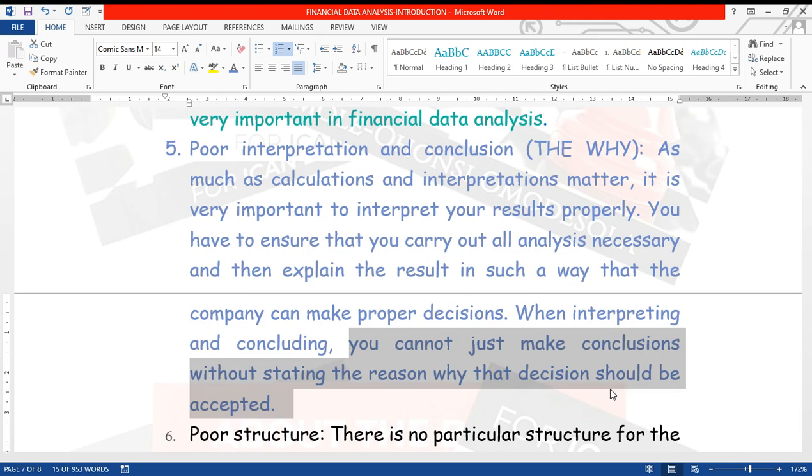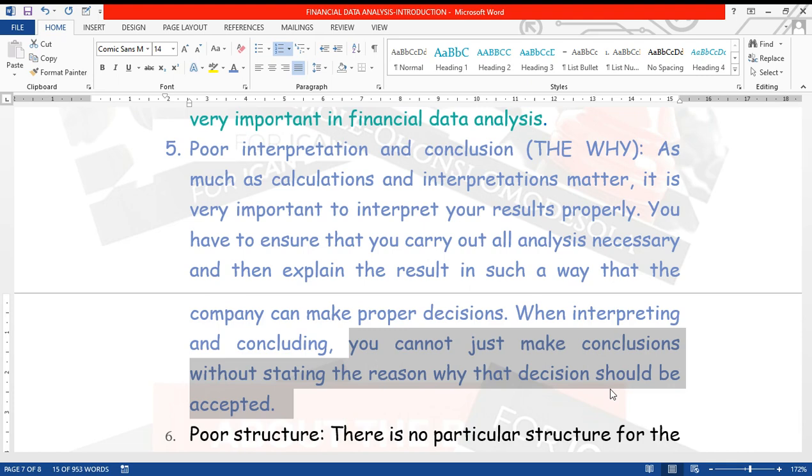This project should be rejected because it gives a negative net present value, which implies that the project is not viable, which implies that the project is not profitable. You cannot just tell them, go left or go right, don't do this, don't do that. You have to give what? A reason. You understand?